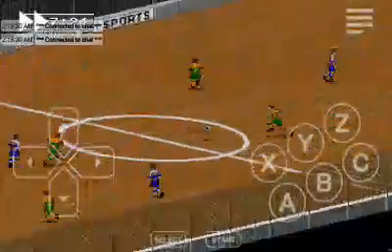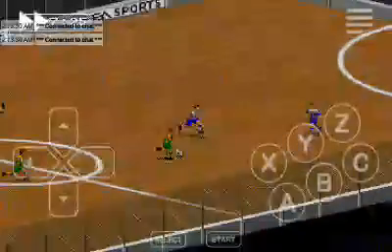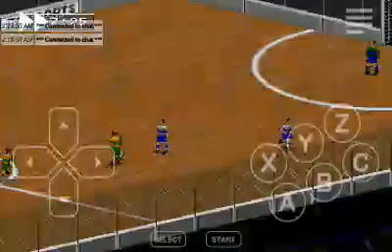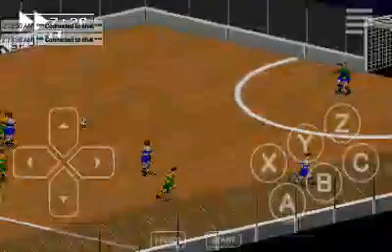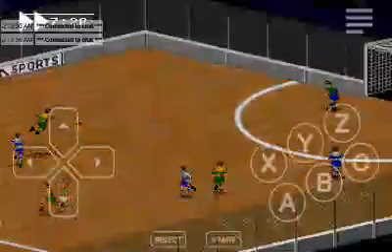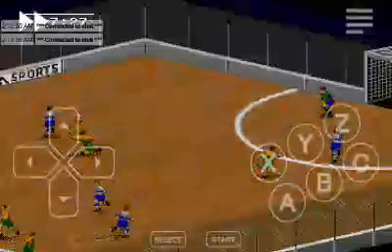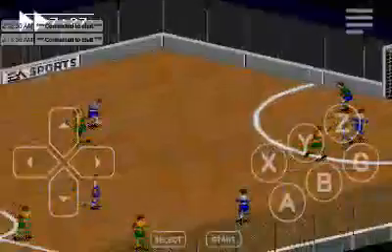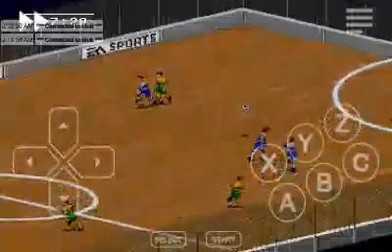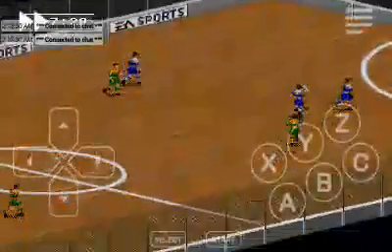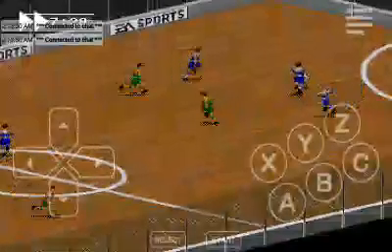Dallas takes back control of the ball, pushes into the offensive line. They're unable to push forward on that with a clear group.